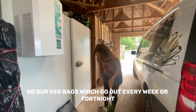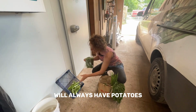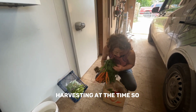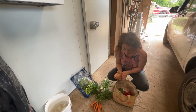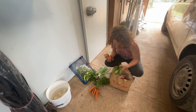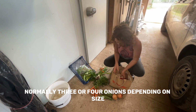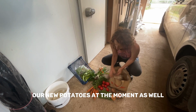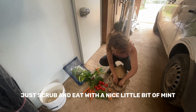So our veg bags, which go out every week or fortnight, if you prefer a fortnightly delivery, will always have potatoes, carrots and onions, and then 5 other veg that we're harvesting at the time. So it's normally just like we're on bunch carrots at the moment, and then we've got onions, normally 3 or 4 onions depending on size, and then we're on new potatoes at the moment as well, so they're kind of nice little ones that you can just scrub and eat with a nice little